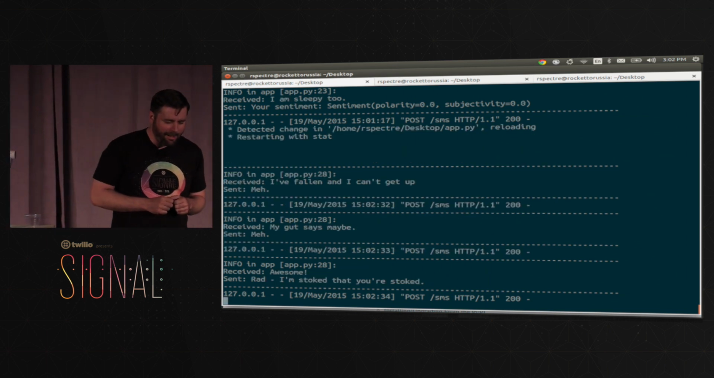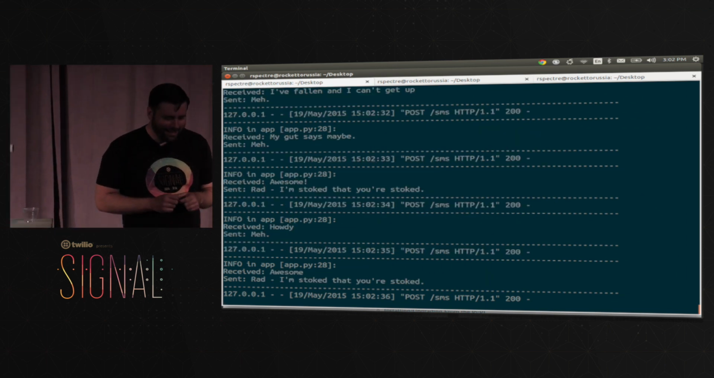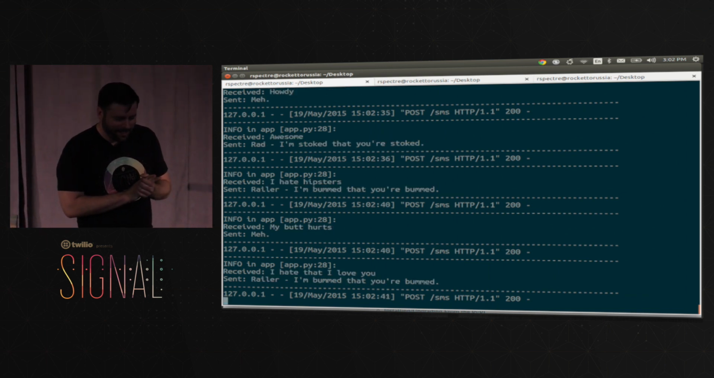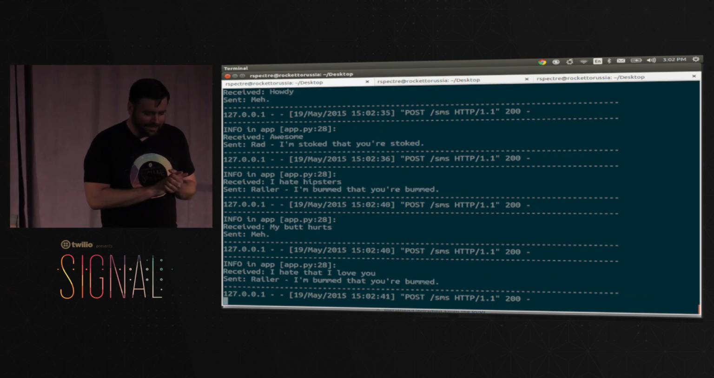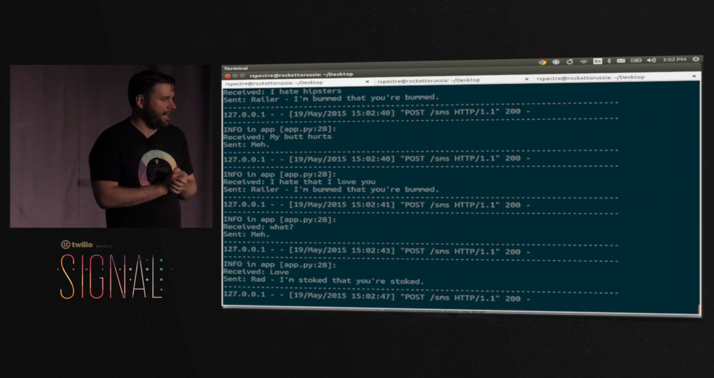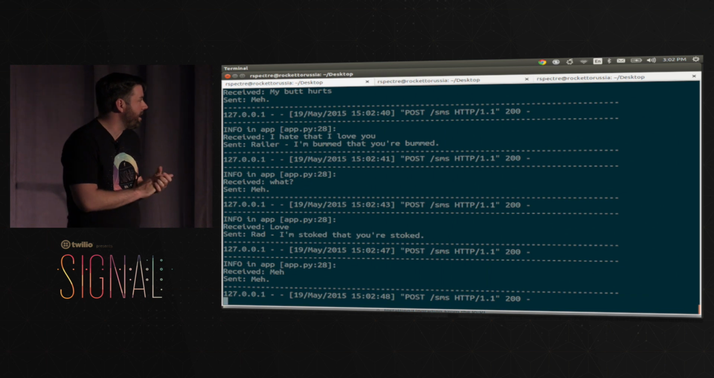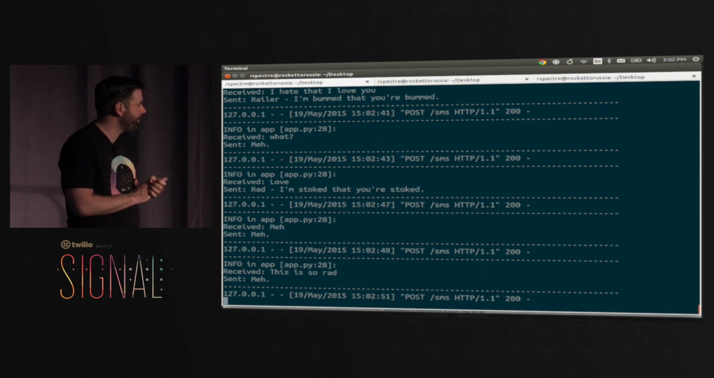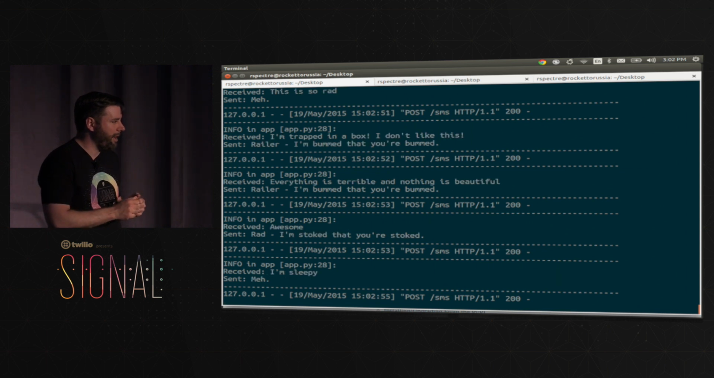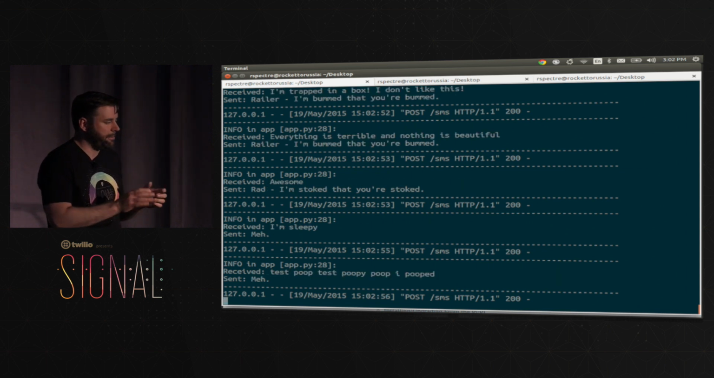I've fallen and I can't get up. Meh. Howdy. Meh. Awesome. Rad. I'm stoked that you're stoked. Apparently it doesn't care about your butt hurting, but it does express some dismay that you hate hipsters so much. Pretty rad. Cool, so that's a simple way for your application to respond to the sentiment of your users